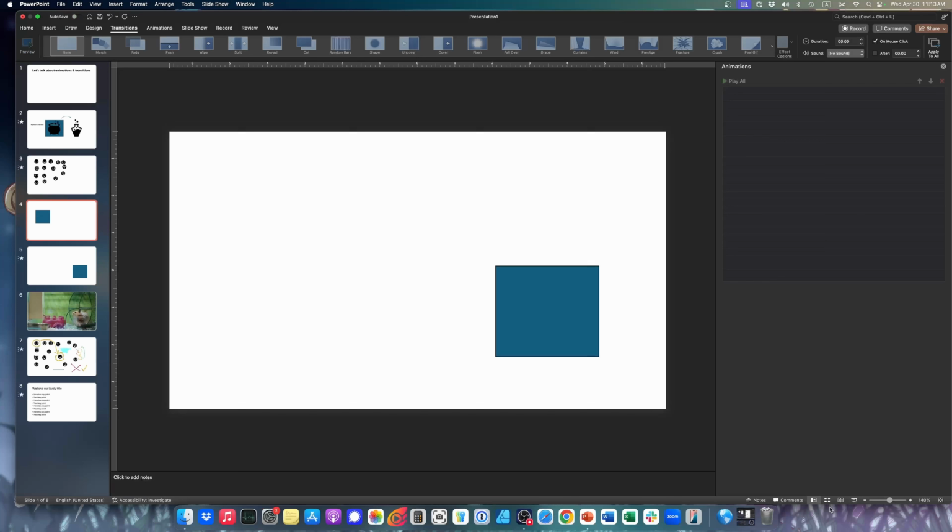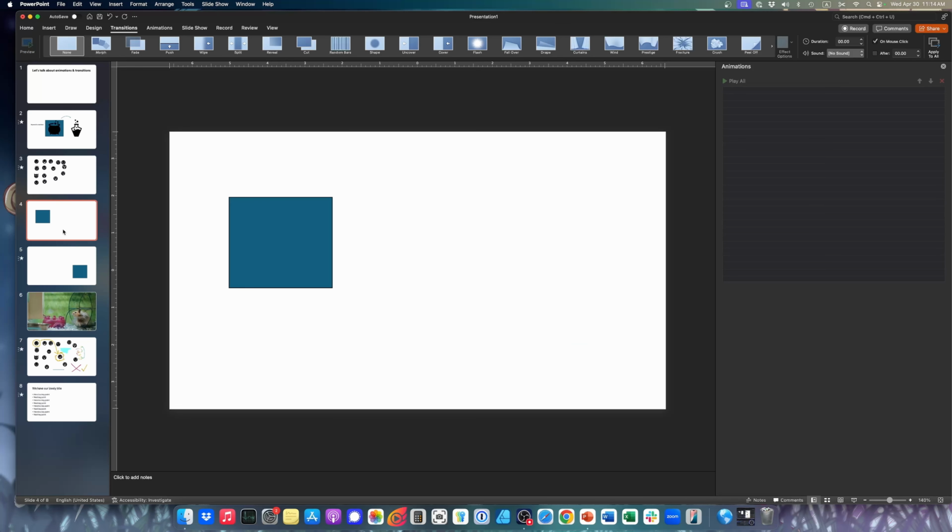So here's slide 4, I think, and I will click and we'll see slide 5. Click. There we go. That is the beauty of morph. You just move, and that's how you can move objects from one slide to another. This is really good when you want to keep people's attention on something that you cover on one slide, move it in some way, and connect it to the next slide. I'm actually going to show you an example from another YouTube video real quick, but first I want to cover